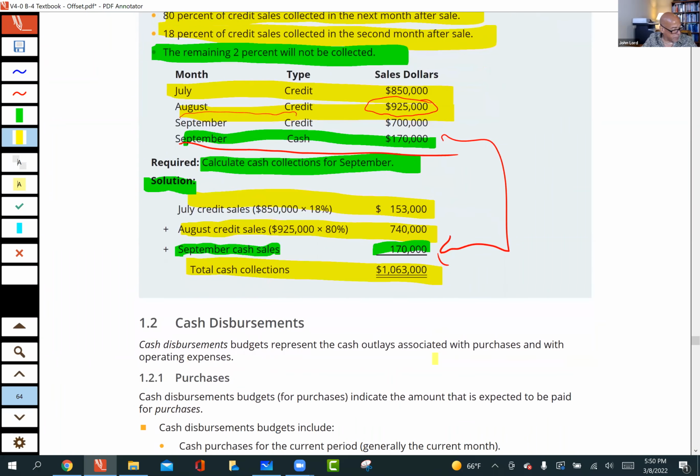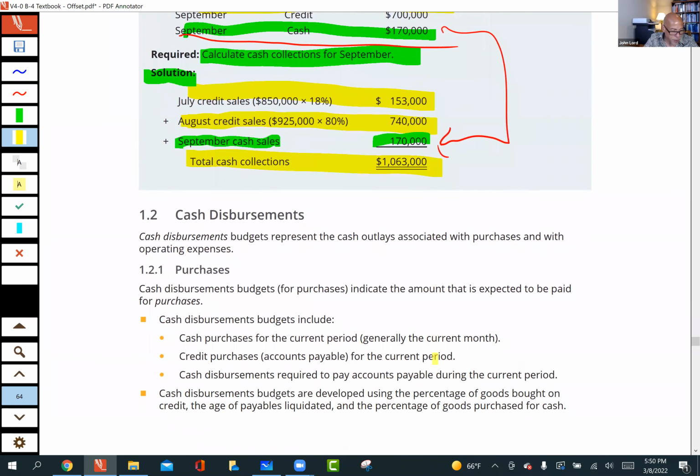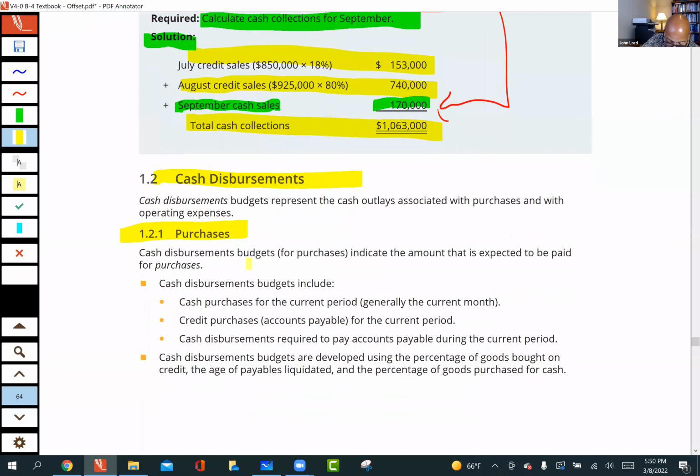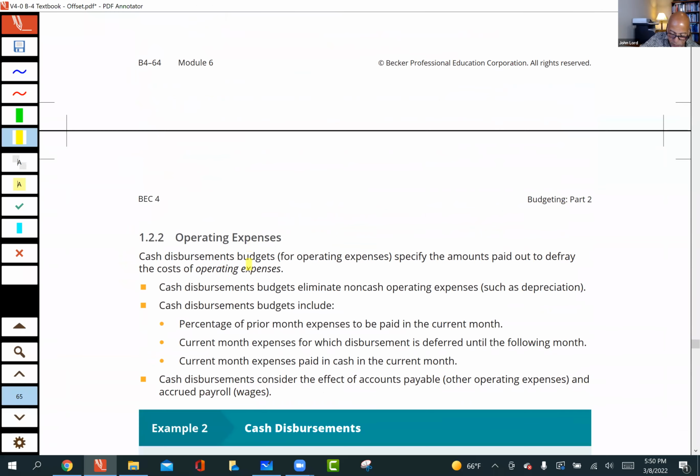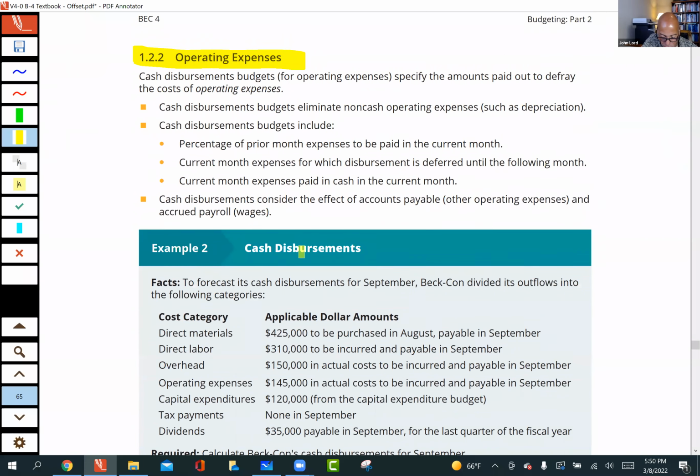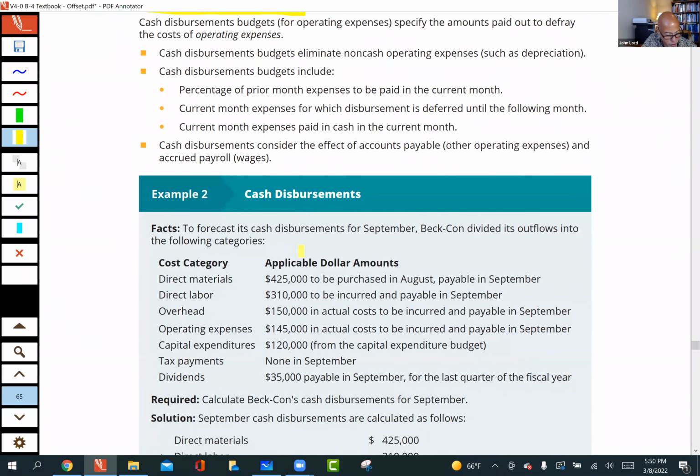Okay, good. Cash disbursements. Okay, and when we look at cash disbursements, we're going to have our purchases for our materials, and we're going to have our payroll that we're going to have to meet. Okay, and so again, you start to take a look, and for the disbursements, you have purchases, you have to pay for your labor, and then you have your operating expenses. Okay, and again, you need to make sure to be careful with not including depreciation.